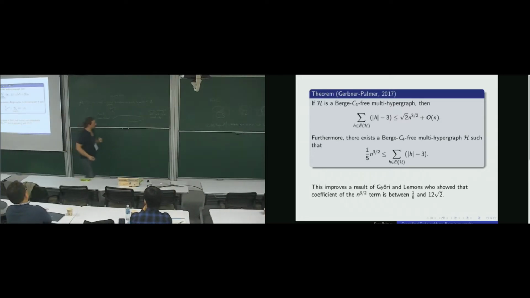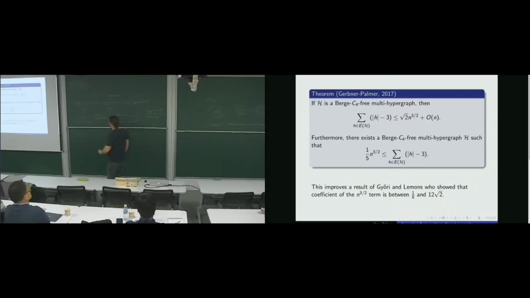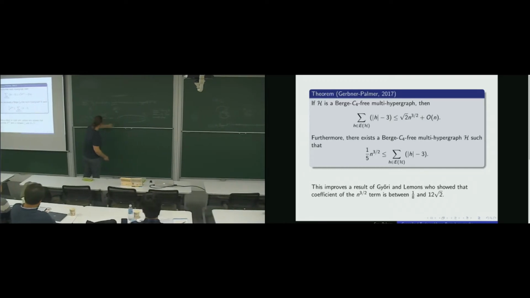So I've got 4 vertices contained in 4 hyperedges. I'm definitely going to be able to create, don't forget, a Berge C4. Right? This corresponds to this example here. So this can't happen. This case 1 is impossible. Case 2